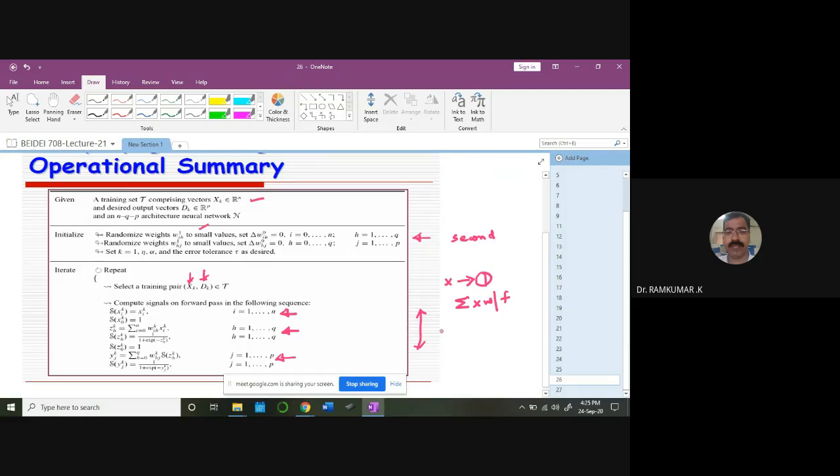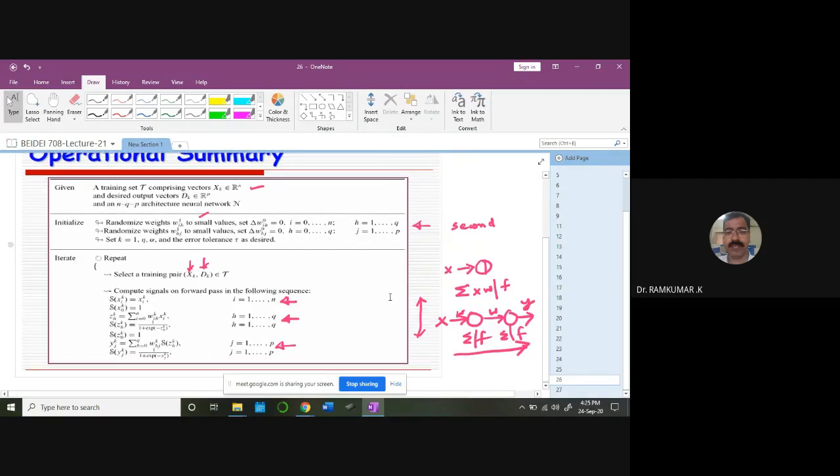Simply you take the signal in, pass it through the hidden layer, and then you get it at the output layer. In between you have one pre-activation and then one function, again one pre-activation, one function. So there are weights in between, to the output. This is one forward pass you are calling it. So you do it for all the data. That's the first step.